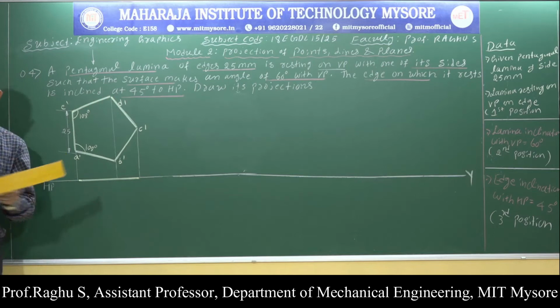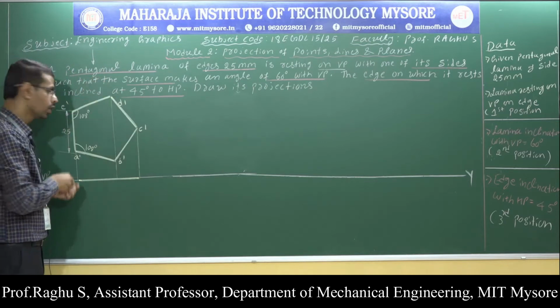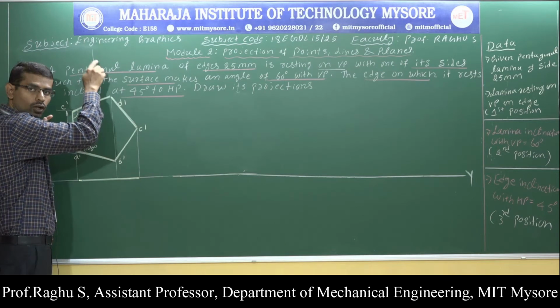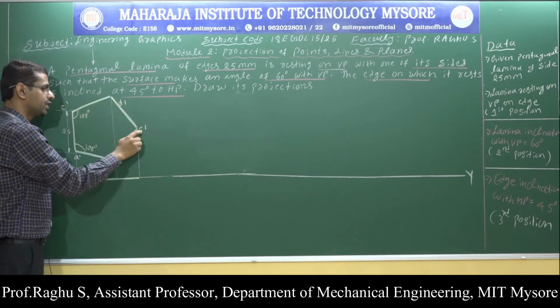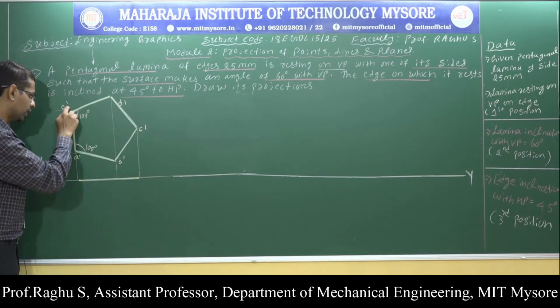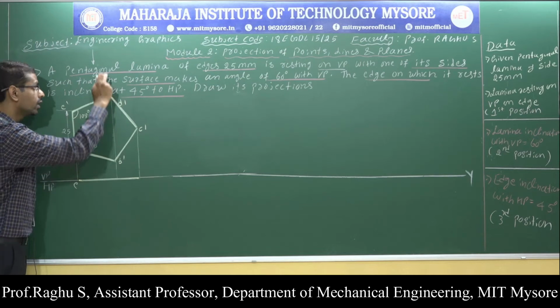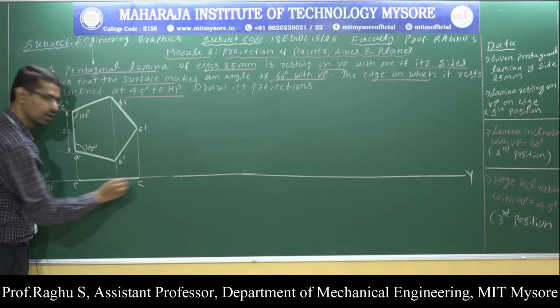Right. Next, do the naming in the top view. This is the direction of view. So when you view the lamina in the top view, point E visible, D visible, C visible, but A invisible. Okay, here E visible, right? Next, here D visible and C visible.